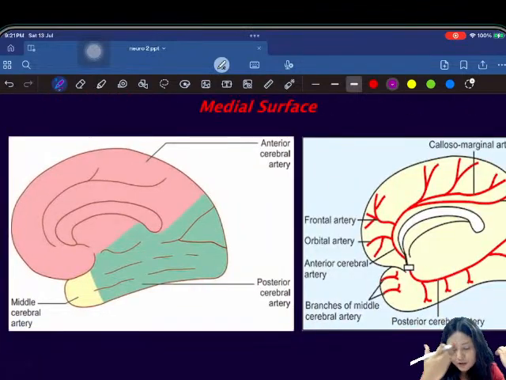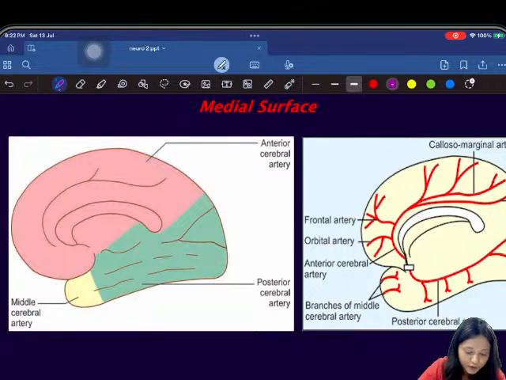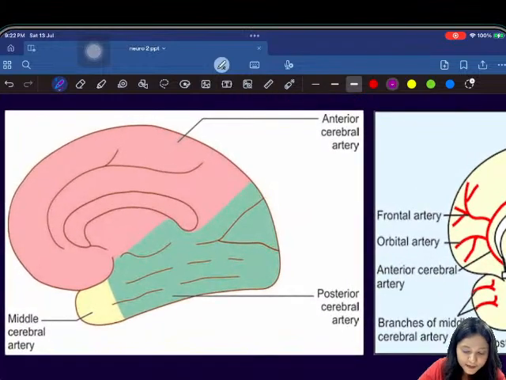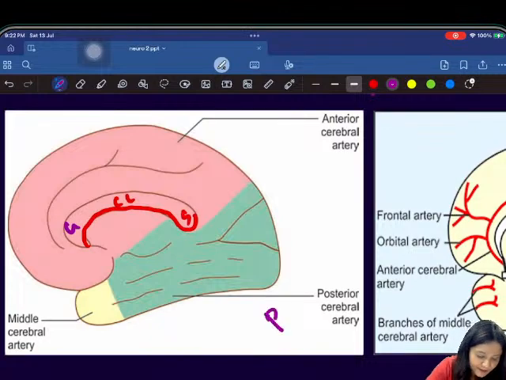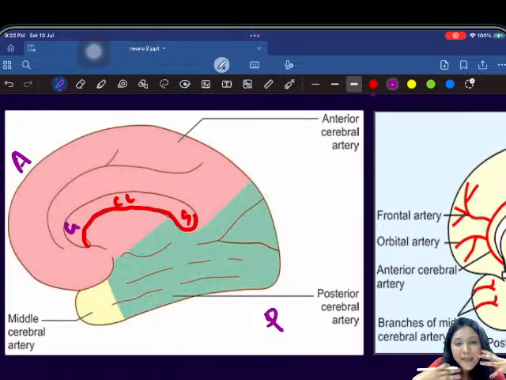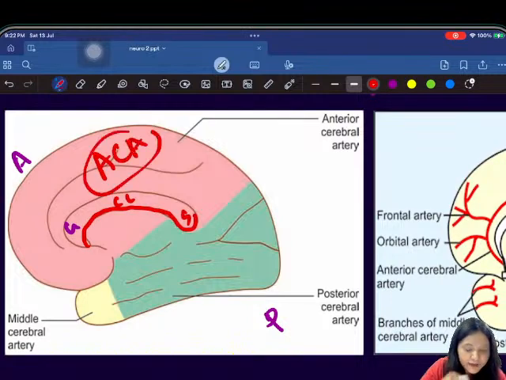If you have cut the brain through a sagittal plane and you have seen from a medial aspect, so you know that this is the medial surface by identifying one feature, that is the corpus callosum. So this is the medial surface. Now you know that this is the splenium and this is the genu. So this is the posterior part, this is the anterior part. Now the maximum blood supply on a medial surface is by the anterior cerebral artery, and you know that anterior cerebral artery